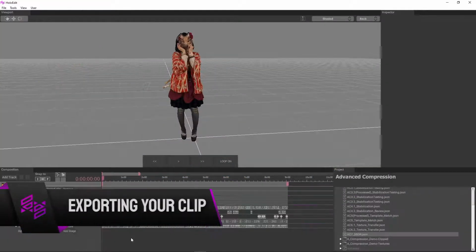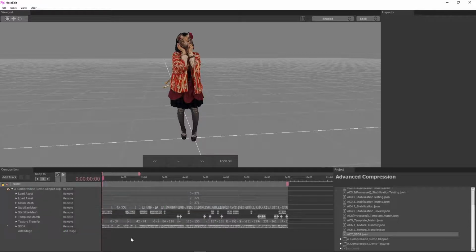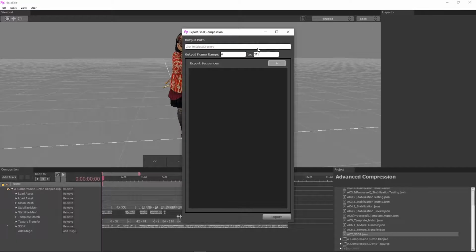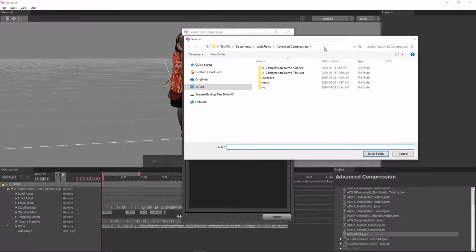Now that SSDR is complete, it's time to export our clip. Select Export Composition from the File menu to bring up the export window. Click on the white box below Output Path that says Click to select Directory to select a location for our